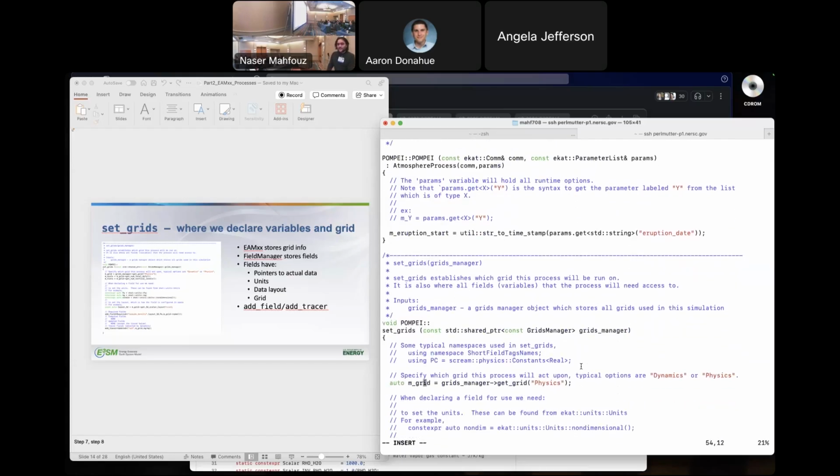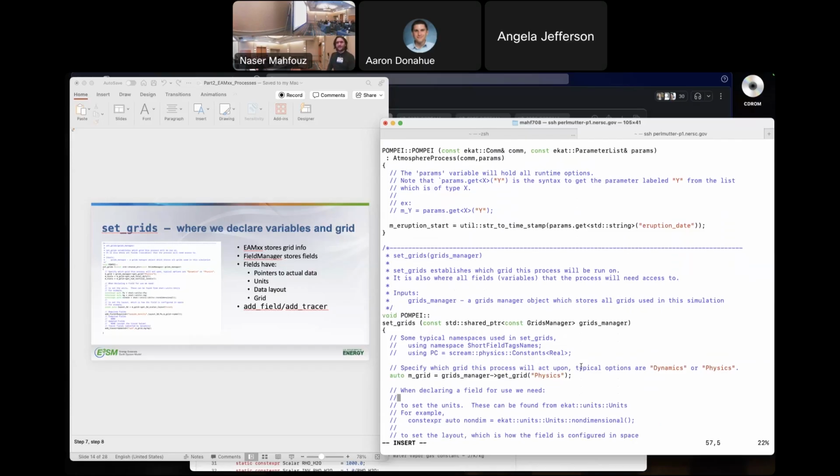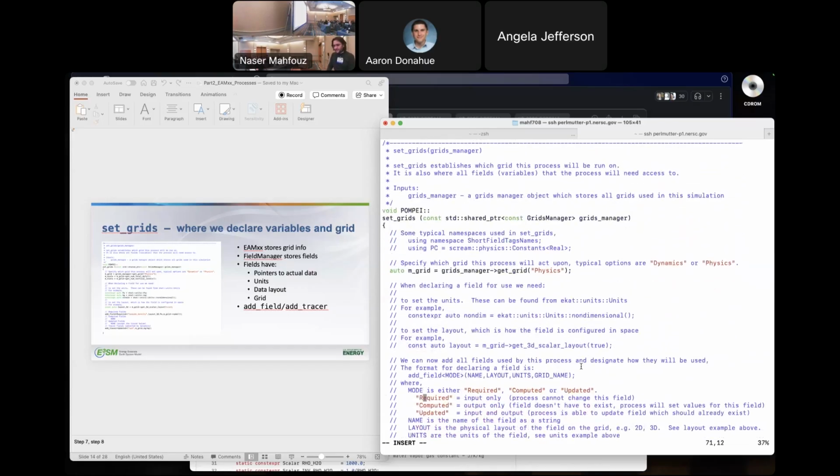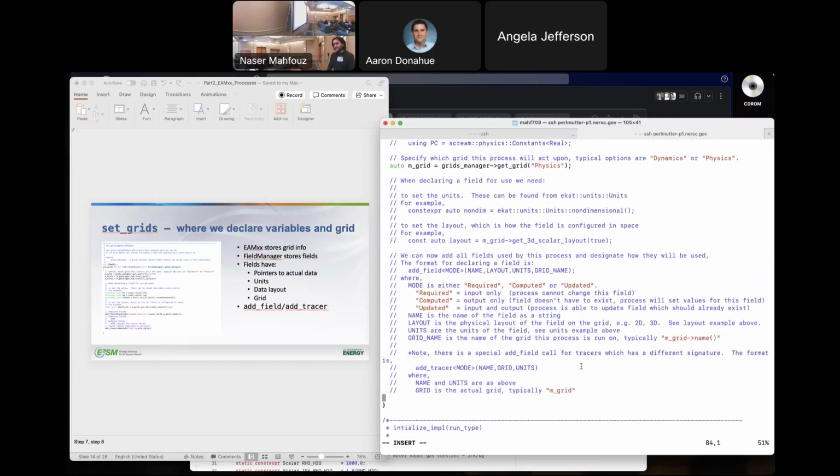And then mgrid is just you're getting the grid information. This almost always will not change, especially if you're only working in the physics realm. It will just be physics and you don't have to think about it. But if you ever work in the dynamics, it would be different, or in IOP potentially. And then I'm just going to skip after the comment to add more other things to this file. And the things we need to add are